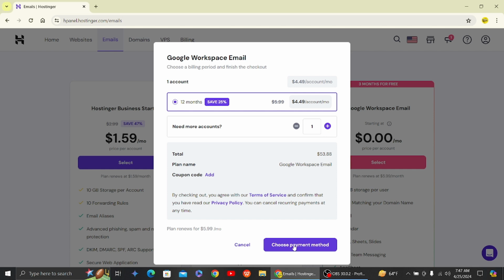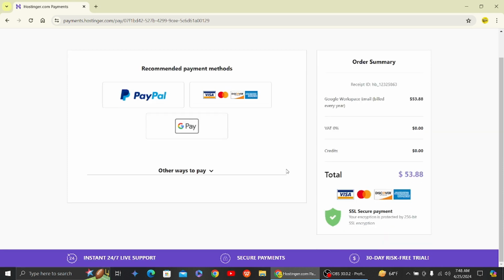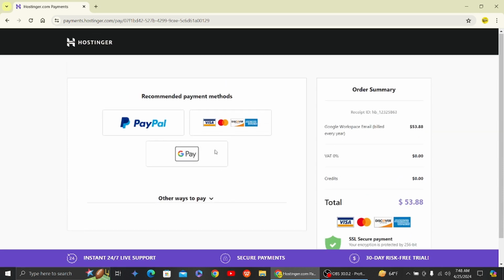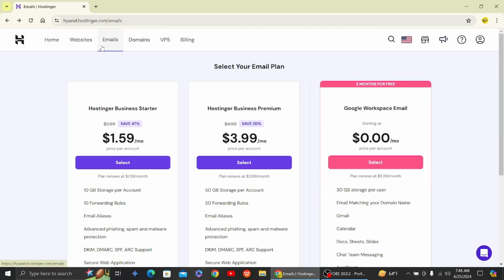So here you have to choose a payment method and enter your payment method information. So since I don't have a payment method right now, I'm going to skip this process. So here you have to add your payment method over here, and once you have purchased a plan, you can